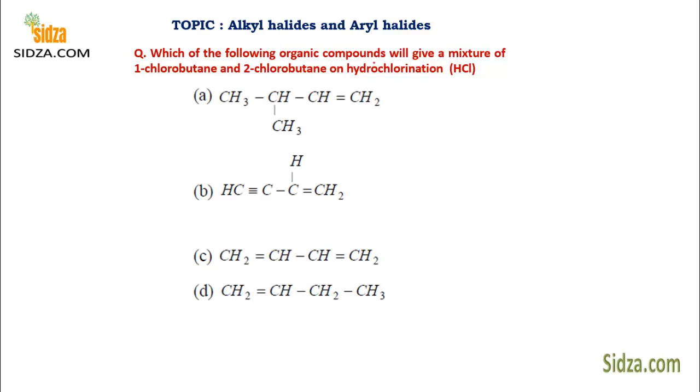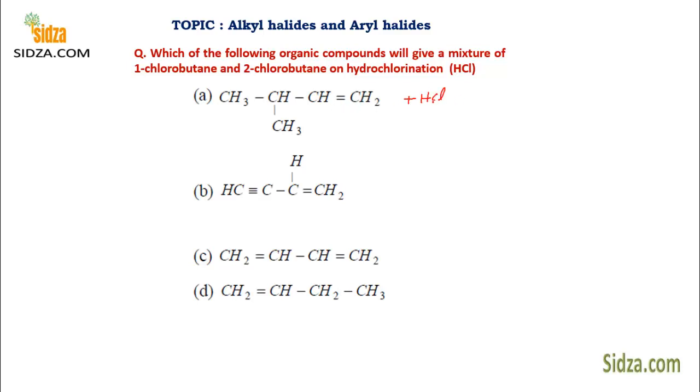Which of the following organic compounds will give a mixture of 1-chloro and 2-chloro-butane on hydrochlorination? That means we have to find out the products if we do the addition of HCl to these molecules. So if you have this alkene and we do the hydrohalogenation, we are going to add the hydrochloric acid, and we know that